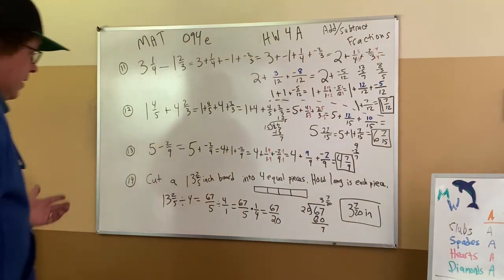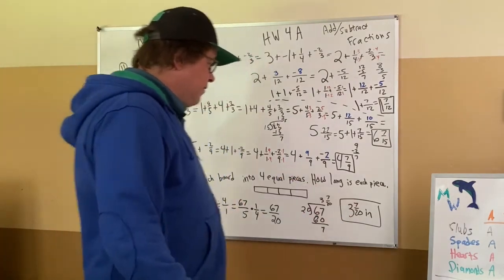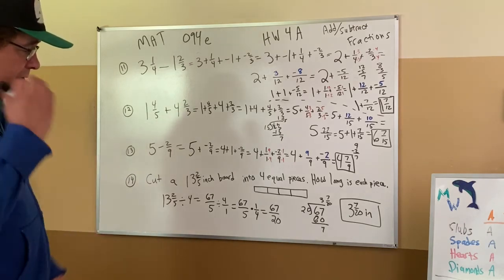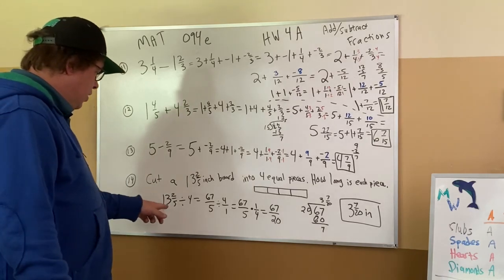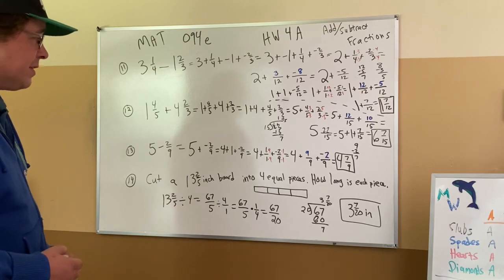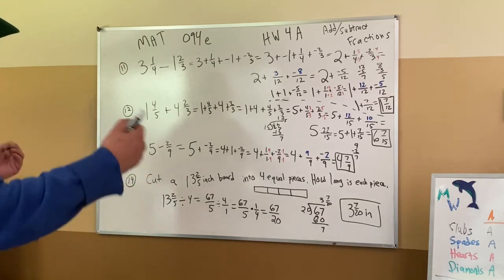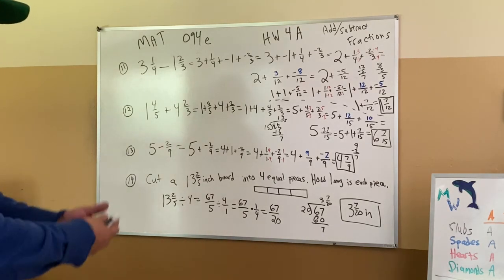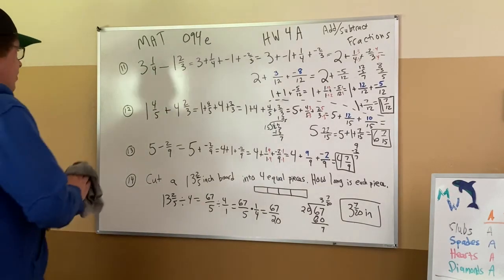And what happens is the 3 inches times 4 pieces gets you 12 inches. 4 times that 7 gets you 28 over 20 for the rest of it. 28 over 20, when that reduces by 4 is 7 over 5. So you'll see 7 over 5 is 1 1/5, and we get to the 13 2/5. So it is correct. But this is a division problem that requires us, after setting up the division in the right order, make the mixed number into an improper fraction, make the integer into a fraction of 4 over 1, proceed to keep the first number when we multiply by the reciprocal of the second, and we're ready to get this done. And that wraps up the work I've been presenting here on homework for